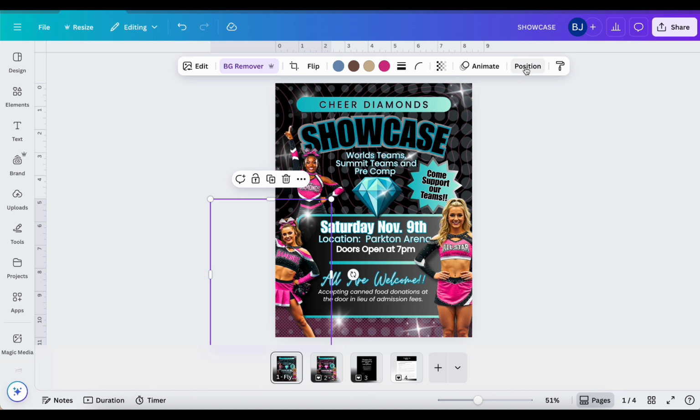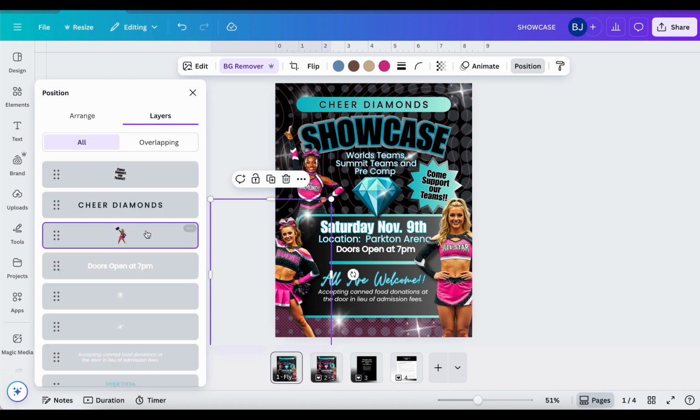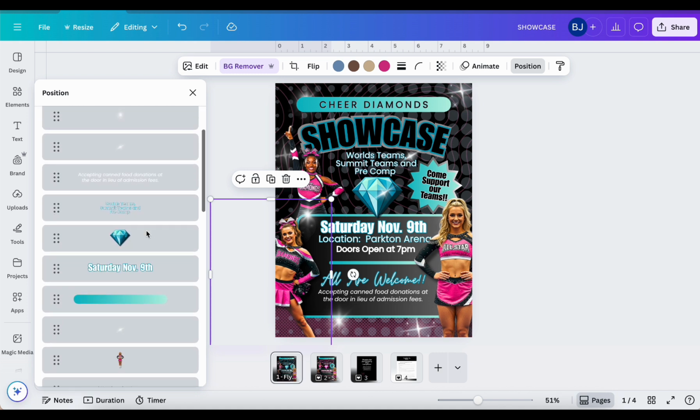To get to the layers panel, we'll go to position and then layers, and in that same box is arrange, so you can move stuff forward or to the back. You can see the girl that is highlighted here. When I clicked on that, she went to the back, but we're going to bring her back to the front. So we'll click on layers, and now if we go all the way to the bottom of the layers,